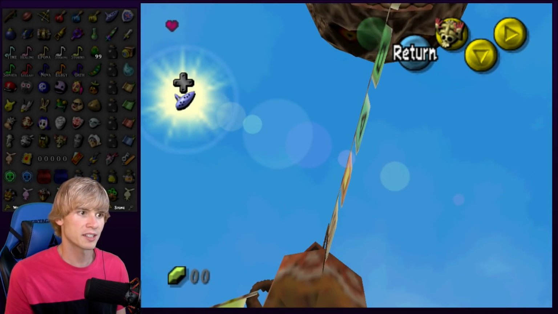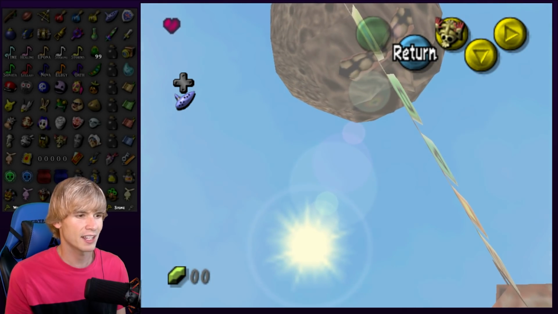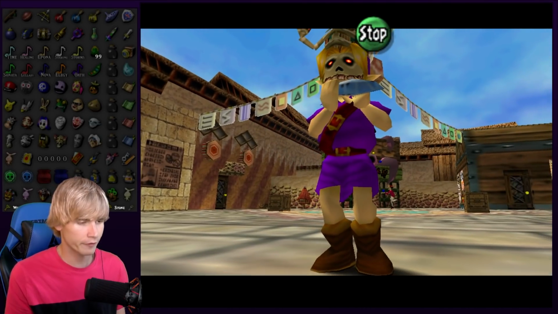Okay, so once the sun is directly overhead, that means it's noon. So it must be around like what, 10 a.m. right now? Something like that. Okay, so just to start things off,